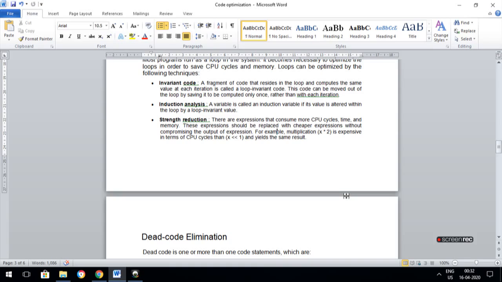The definition: a variable is called an induction variable if its value is altered within the loop by a loop invariant value. For example, you use the same variable outside and inside, and inside the loop the variable's value keeps on changing. So this is known as induction analysis.